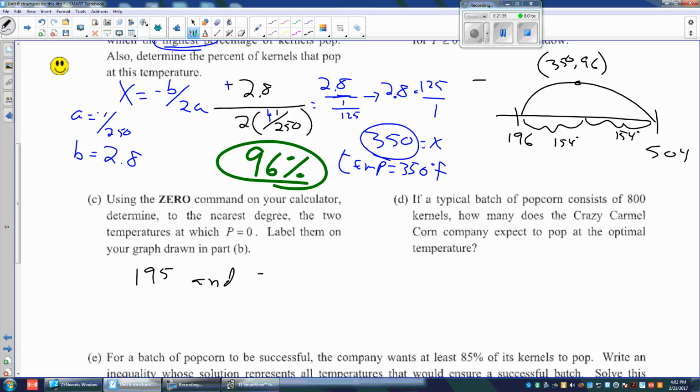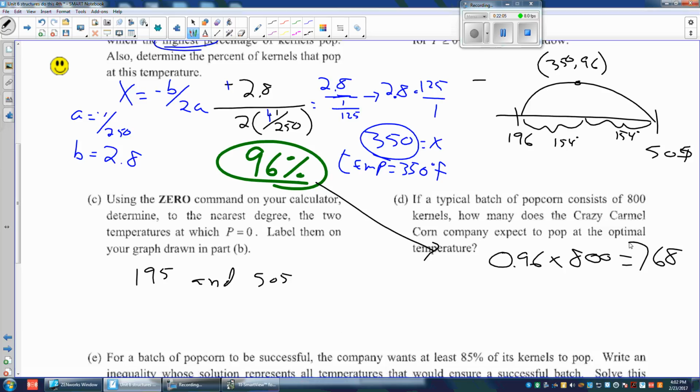Label it. 505. Label them on your graph. Okay, so it wants me to change that to a 505. Thank you. If a typical batch of popcorn consists of 800 kernels, how much does Crazy Caramel Corn expect to pop at the optimal temperature? 96%. So 0.96 times 800 equals